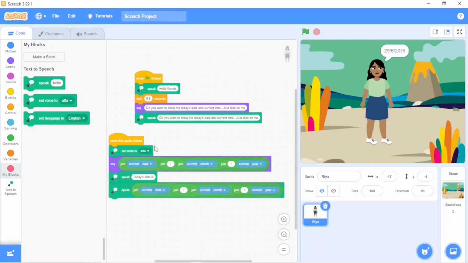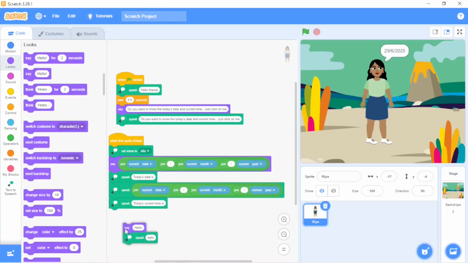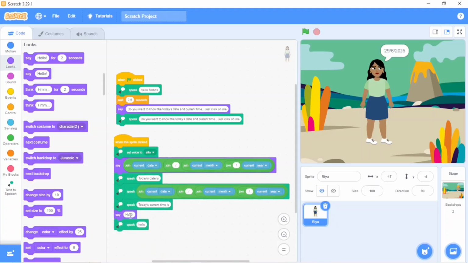Now we are going to do the code of the time. In the same, take speak. Today's current time is. We'll just take speak and say. Right? In say, again, the same thing will come.